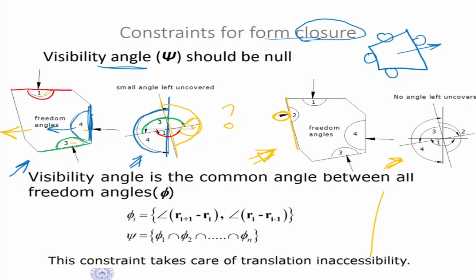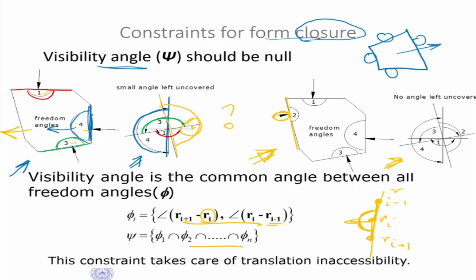Now that is also pretty simple. Let me explain it. If you take any side like this, I have a point here, a point here, and a point here. I take the normal here, and I take the next point. These are vectors, so I can compute the angle between this and this, and that is my freedom angle. As shown here, for any Ri, there is an Ri plus 1 and an Ri minus 1. So the computer can also check if the object can escape in any direction, and this is also a constraint.